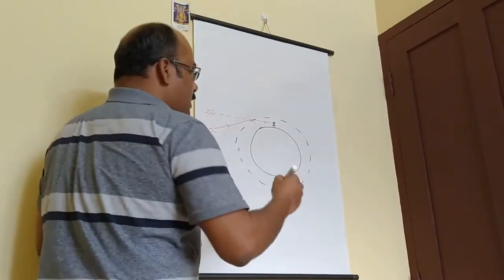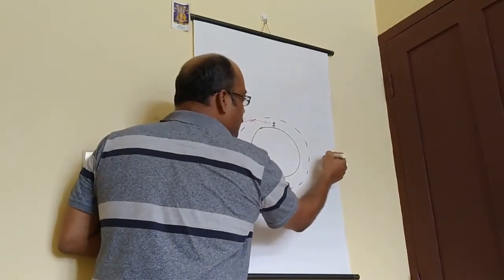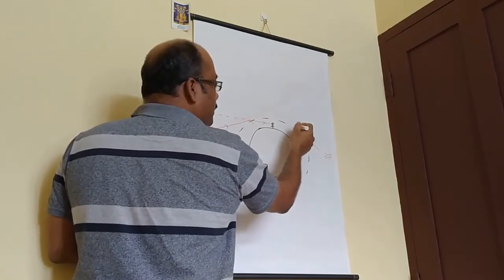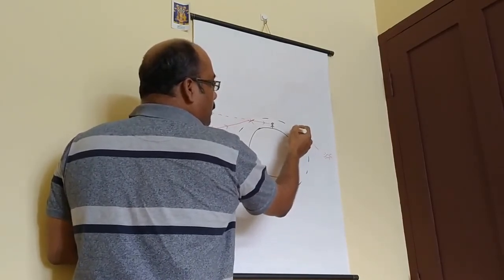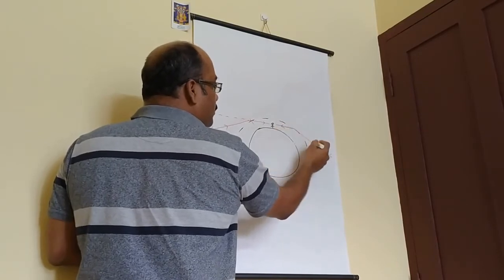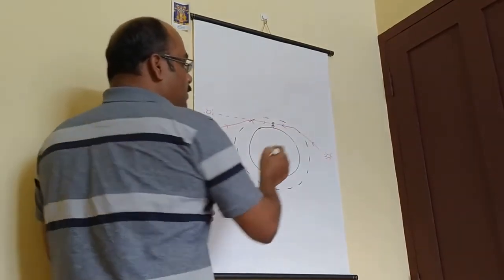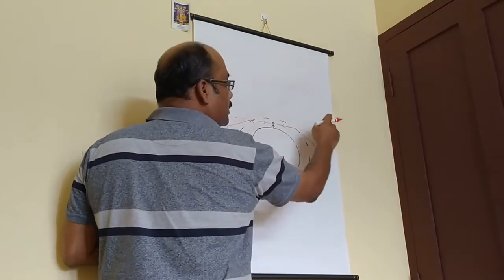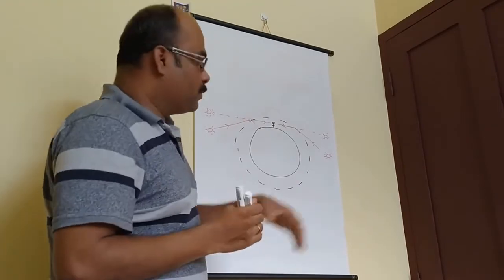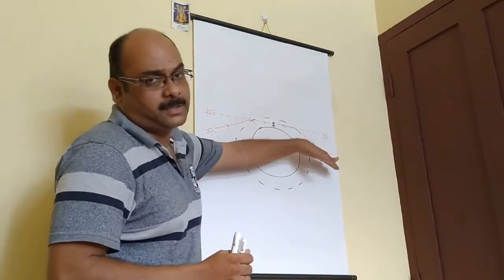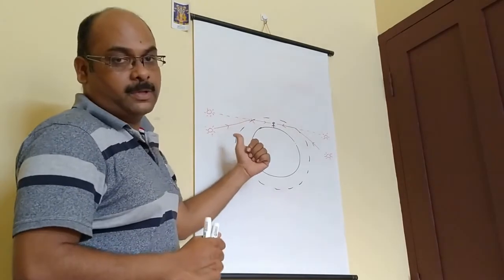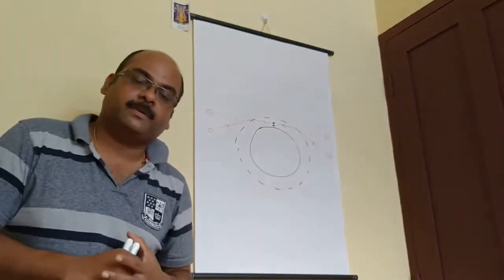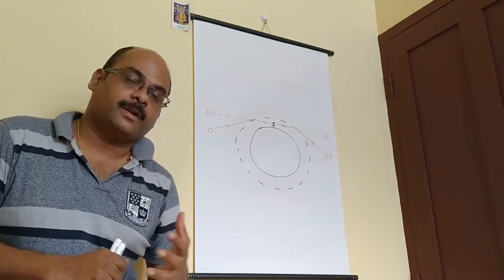Same way, when the sun is set, sunset occurs, again after that the sun rays will come like this. Again this will be the normal. Okay, so it will bend towards the normal, the same phenomenon. So you will feel that the sun is present here, that is, it is not yet set. Okay, so you will see the sun even after the sunset, and you will see the sun even before the sunrise.